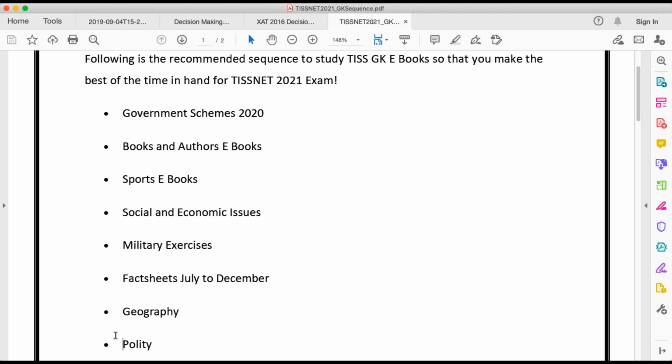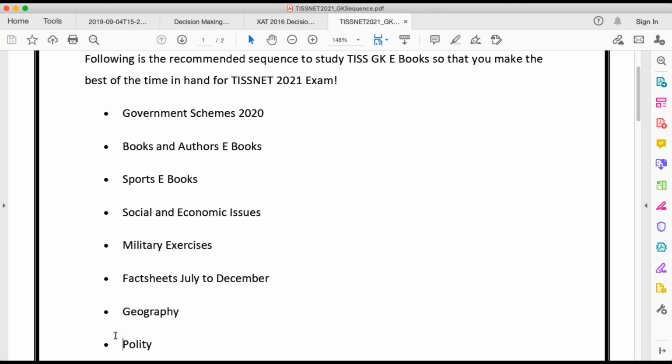Any major awards is what you should remember. Any major award announcements, any major thing done by, say, NASA or any government body, or any major government schemes, which again goes back to the first ebook, is what you need to remember. You do not need to study obituaries, you don't need to study birthdays, you don't need to study those kind of things. But economy is important, business is important, achievements as a country are important.